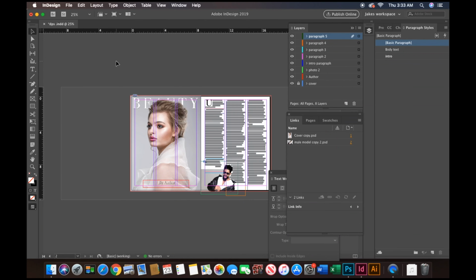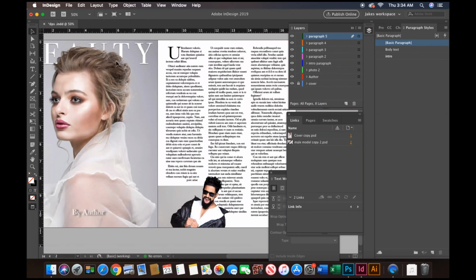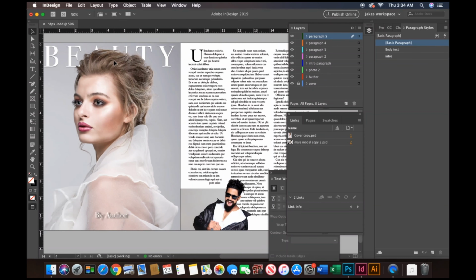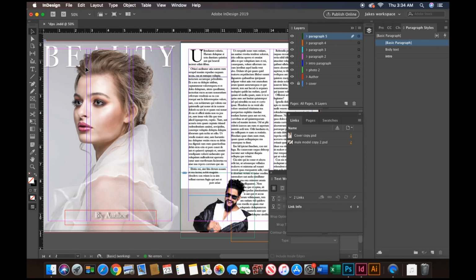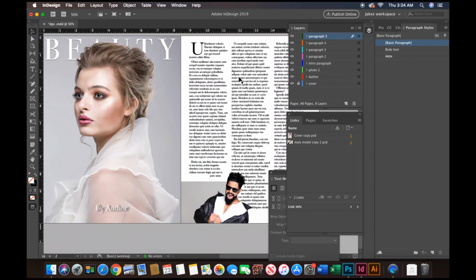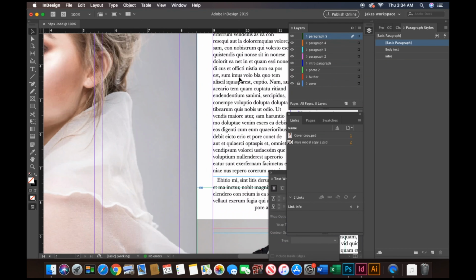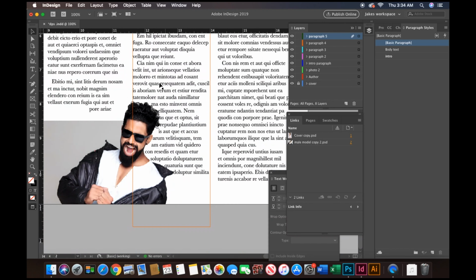I'm going to zoom out and I'm just going to hit the W key. What that does is it shows me what it's going to look like without all these columns and guides and everything. So just hit W, and to switch back, hit W again. And you'll notice down here how the text just follows along his shape pretty well,